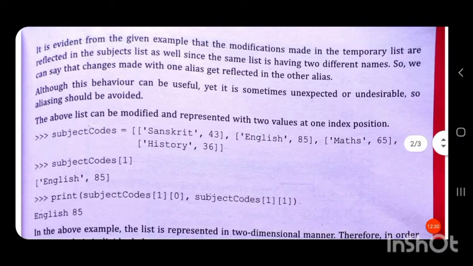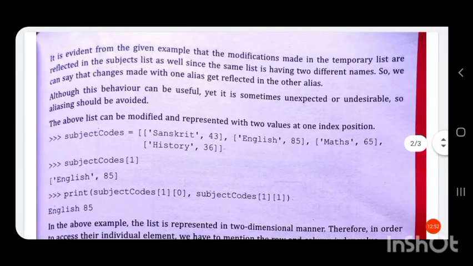So Sanskrit, English, Maths, History are in one column, and 43, 85, 65, 36 are in another column. Sanskrit 43 is the first row, English 85 is the second row, Maths 65 is another row, and History 36 is another row.